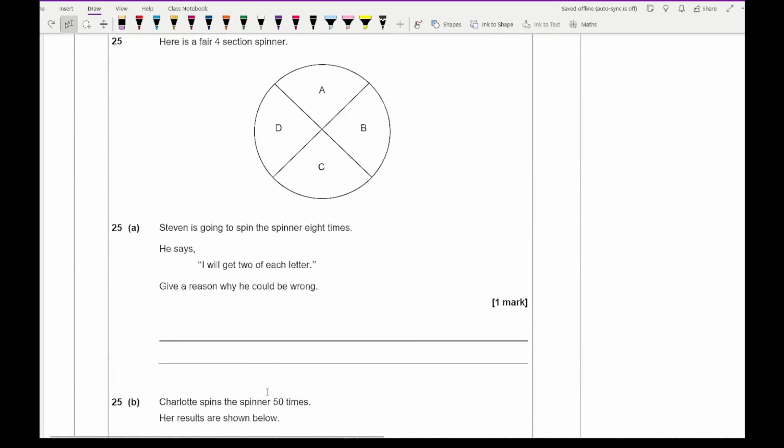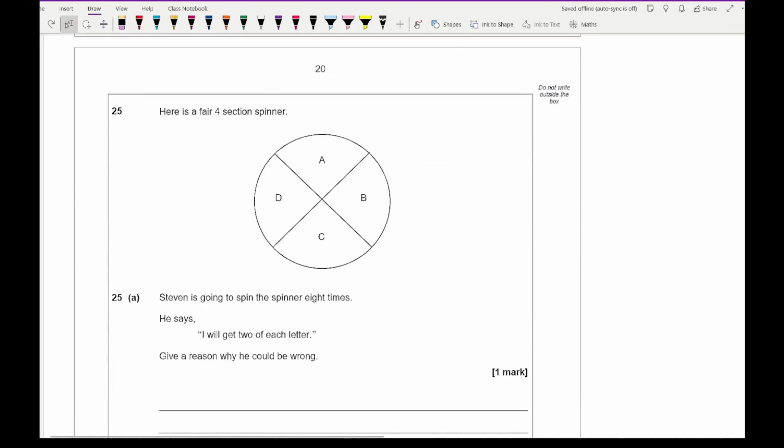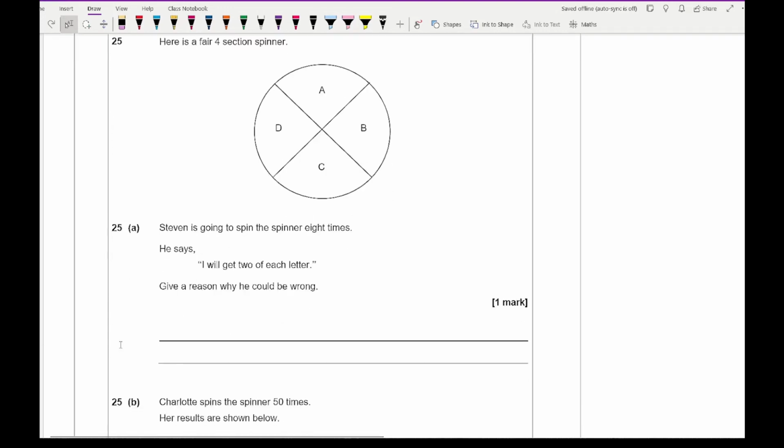Then moving on to question 25, it says here is a spinner split up into 4 sections. Stephen is going to spin the spinner 8 times. He says that I'll get 2 of each letter. Give a reason why it could be wrong. And the reason for this, again, there's going to be quite a lot of potential reasons you can give, but in terms of giving you the correct one, anything along the lines of it's just chance,